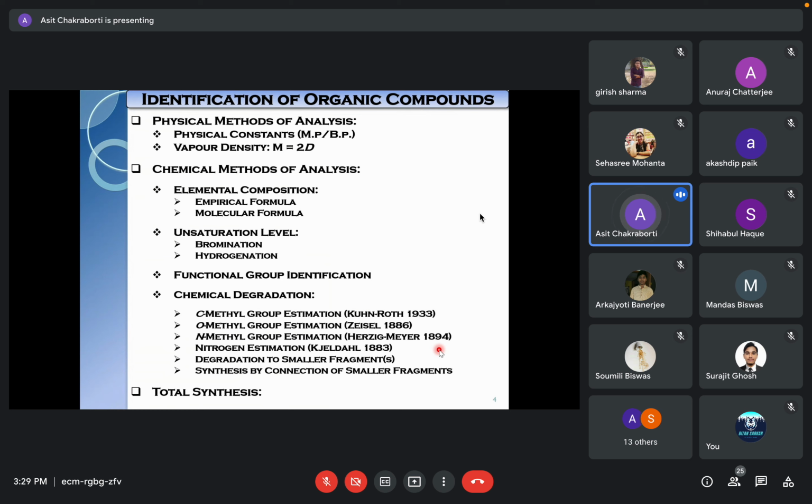So there is the Herzig-Meyer method. The oldest method was that if you heat or distill the compound with soda lime, it is going to liberate methylamine. That N-methyl component liberates the methylamine. Methylamine can be trapped by making methylammonium chloride, and this can be estimated also. Later it was found that the same chemistry could be used under much less harsh conditions, because soda lime is a highly basic material and you have to heat it in a sealed tube at 200 to 300 degrees centigrade.